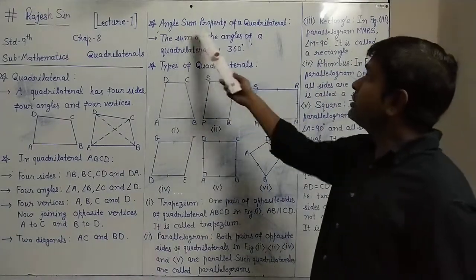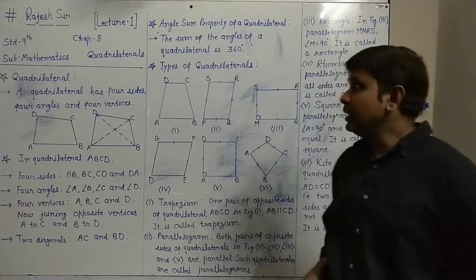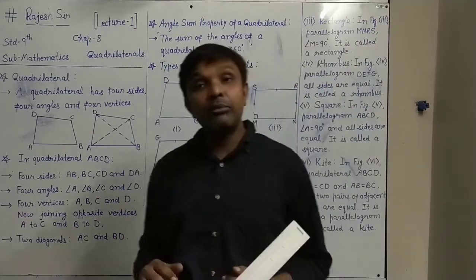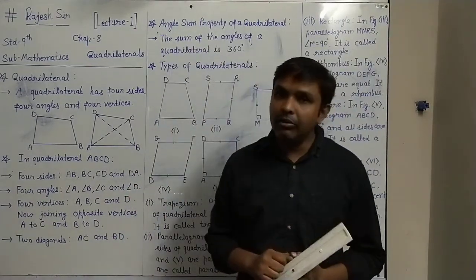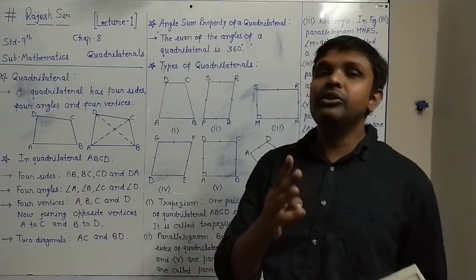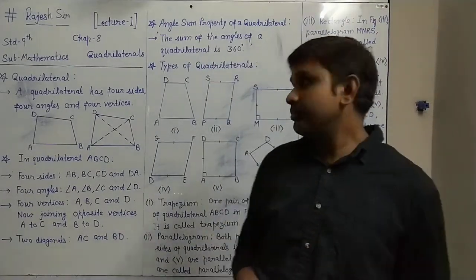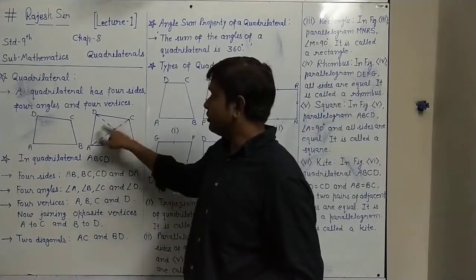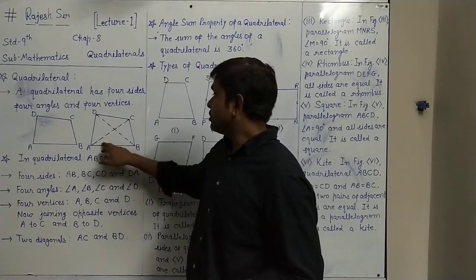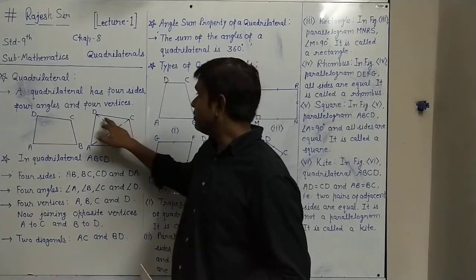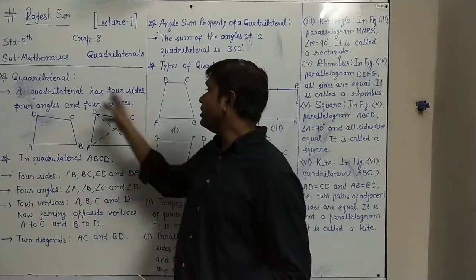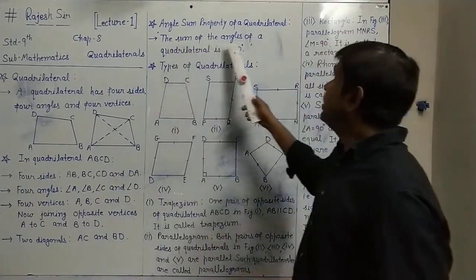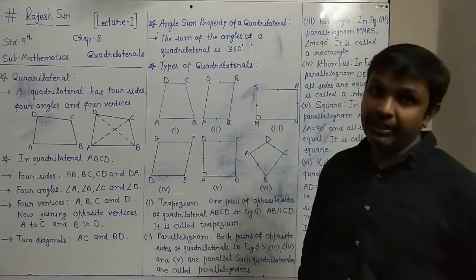Now next we have the angle sum property of a quadrilateral. In last chapter, chapter number 7, triangles, we have proved the angle sum property of a triangle. In that we know the sum of all 3 angles of a triangle is 180. So if you see here, this is the triangle A, B, C, one of the triangles in the quadrilateral made by the diagonal. So the sum of these 3 is 180 and the sum of these 3 is also 180. So the sum of all angles will be 180 plus 180, 360. Therefore, the sum of the angles of a quadrilateral is 360 degrees.